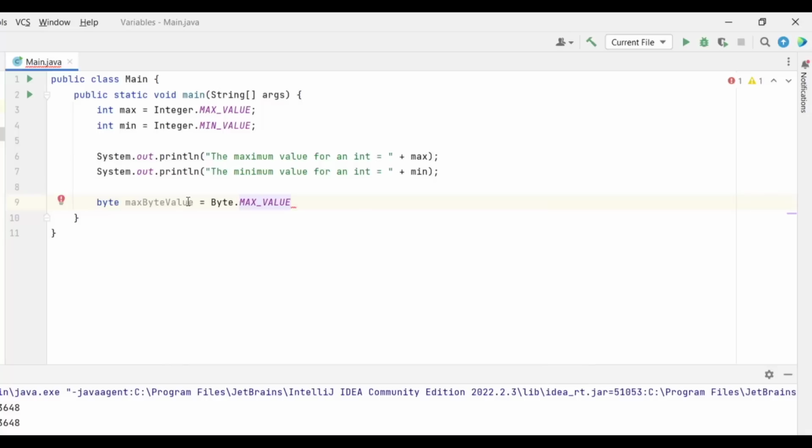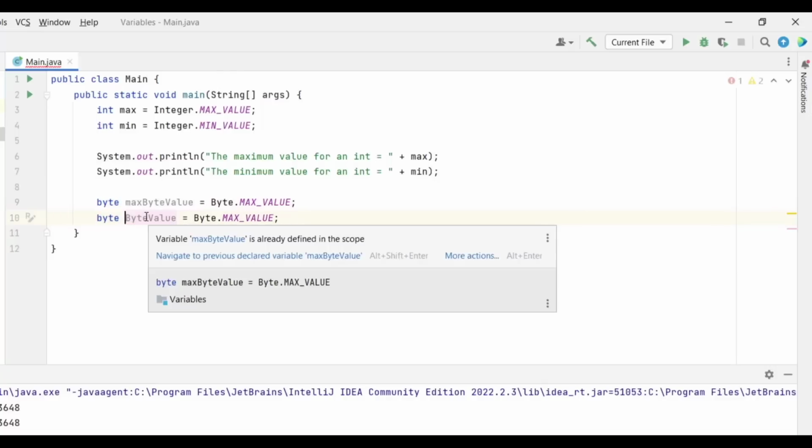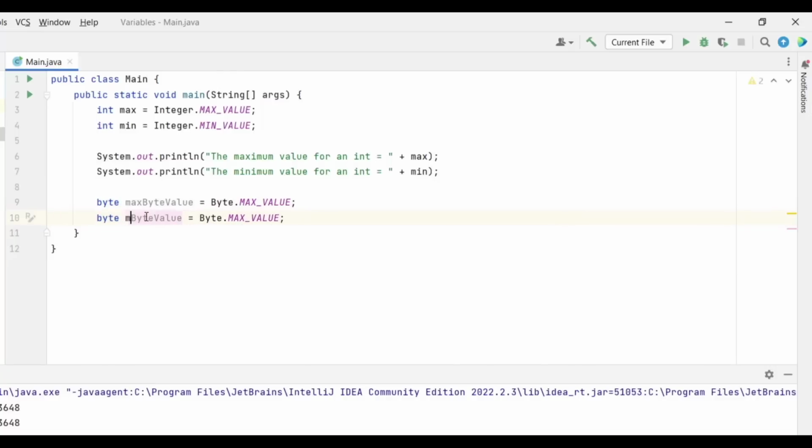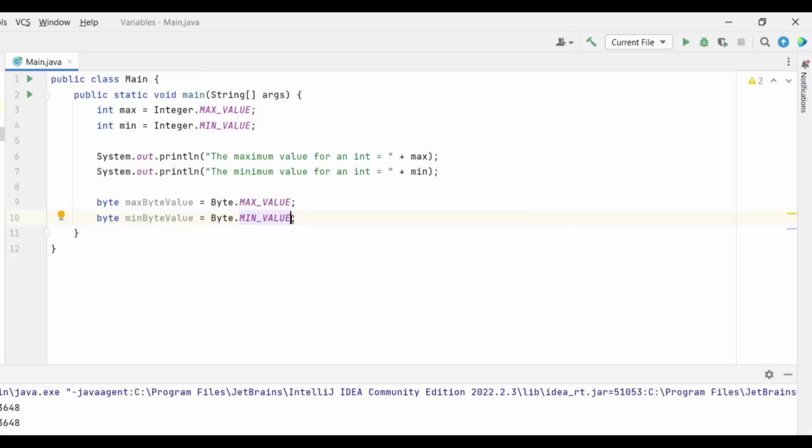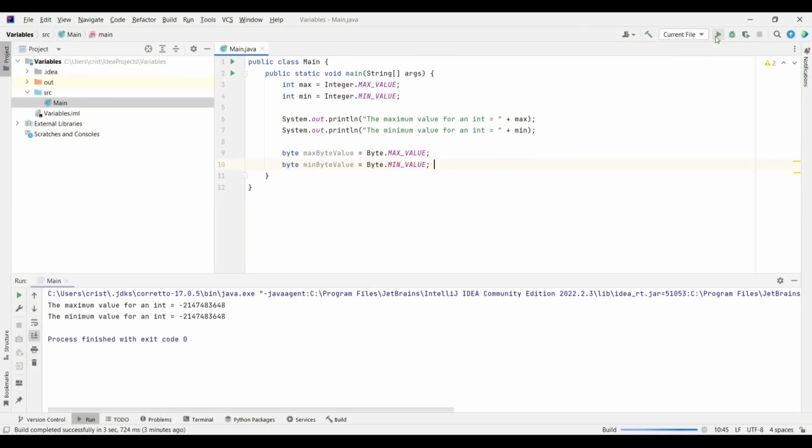I'm going to put a semicolon. I will press Ctrl D, and I will change this to min byte value. So min byte value. Let's put min, and let's change this to MIN_VALUE. And this again is going to return us the maximum value which can be stored in a byte and the minimum value which can be stored in a byte. So if you run this,